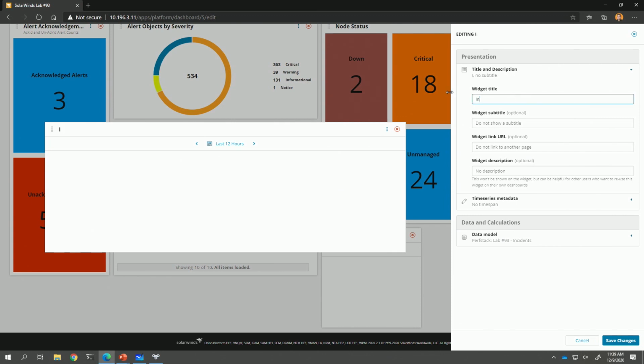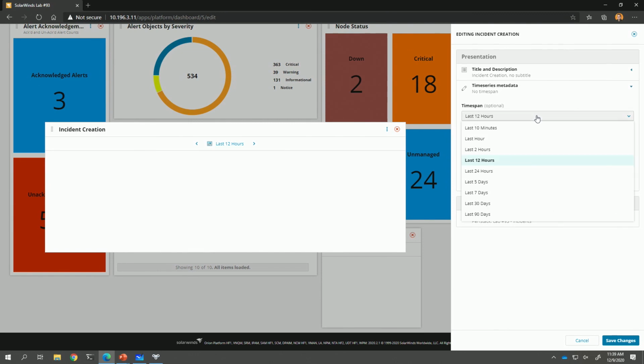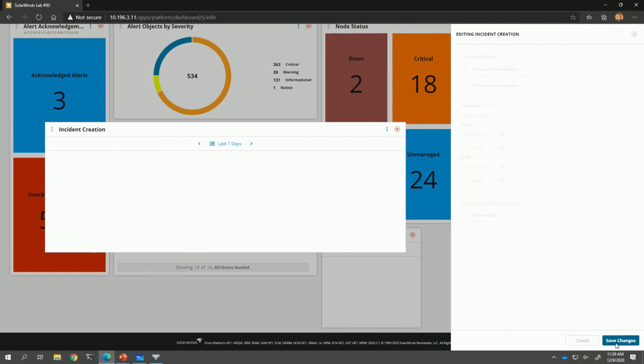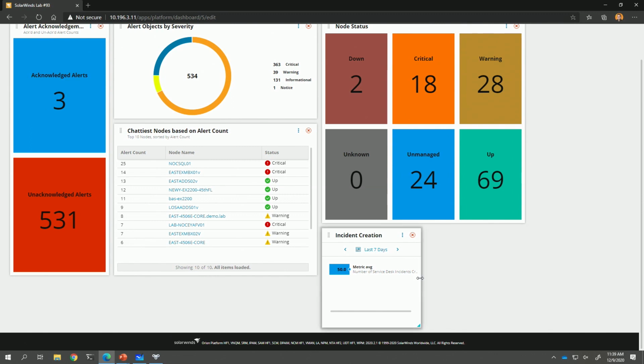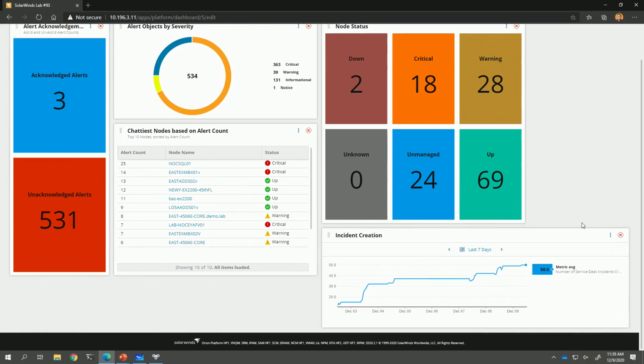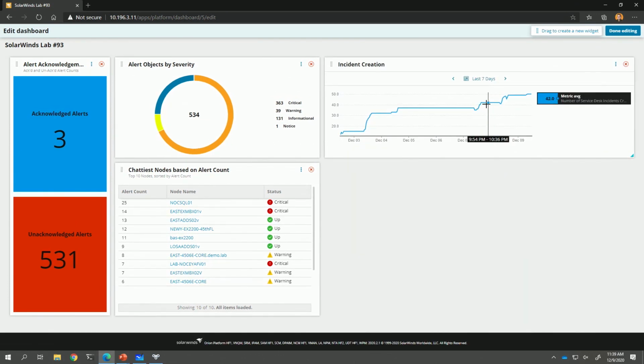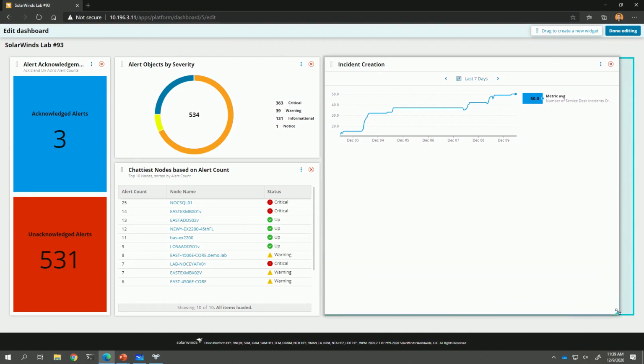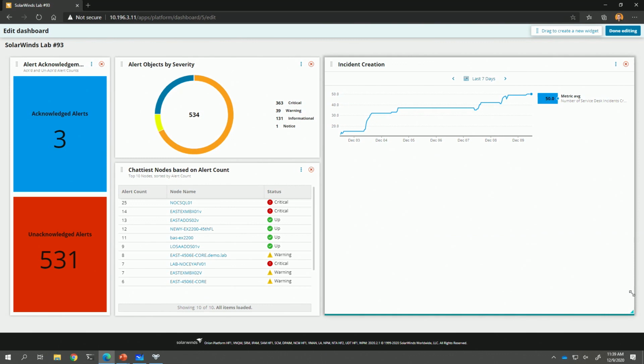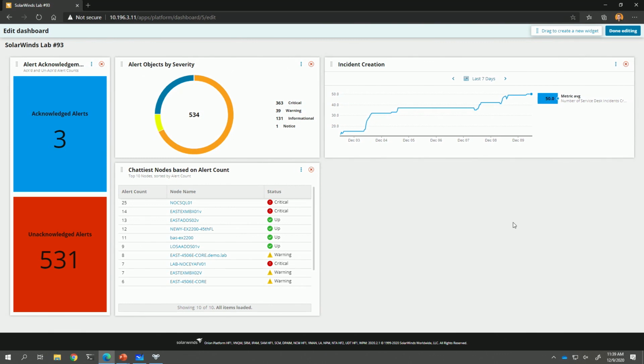And we're going to call this, try not to get my caps lock on next time, which I just did anyway again. And maybe we say last 12 hours. You know what? Last 7 days. I think it'll be more interesting. And time series really should be long so you can actually see what happens. Now, for the sake of this particular dashboard, I'm going to go ahead and remove the node status. You can see the stuff reshifts around, and then build this. Now, this is great if you've got multiple stacks of these, and since I have only the one, I can leave it like this. And that's pretty much it.